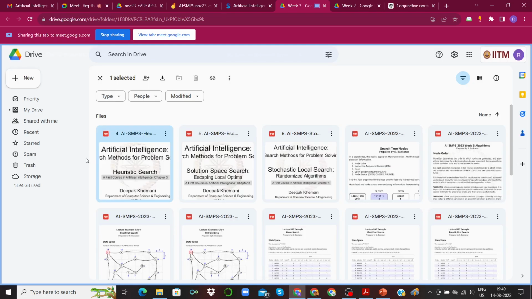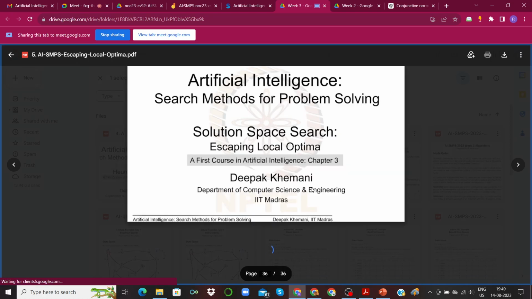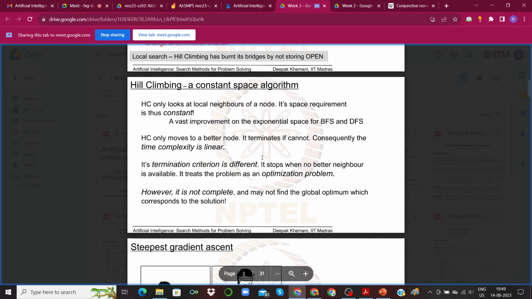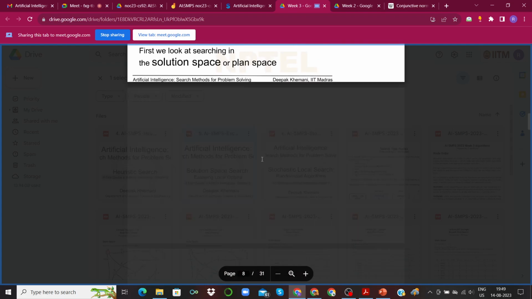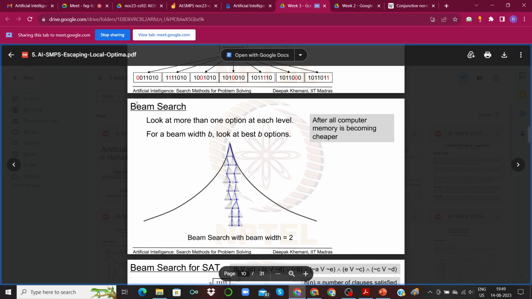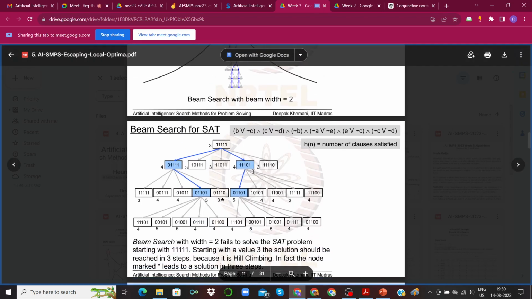It's not in this particular slide. Let me check the other slides. Yeah, it's this beam search. That beam must be referring to this beam search method. And yeah, that is in the context of the SAT problem. Okay, sir. Thank you.